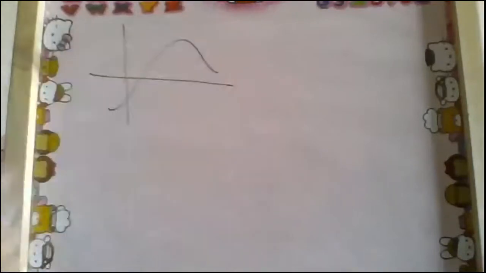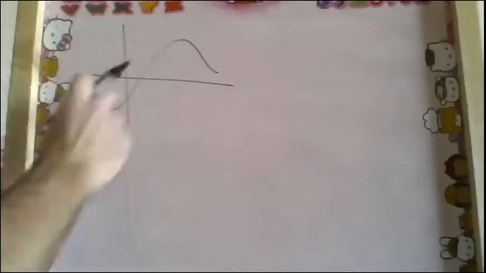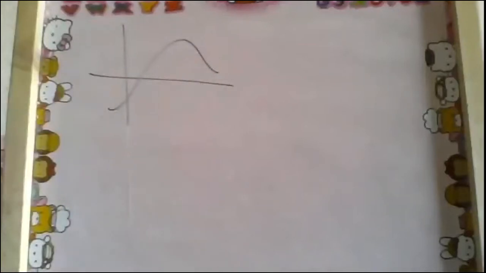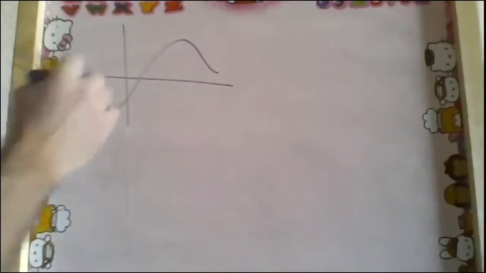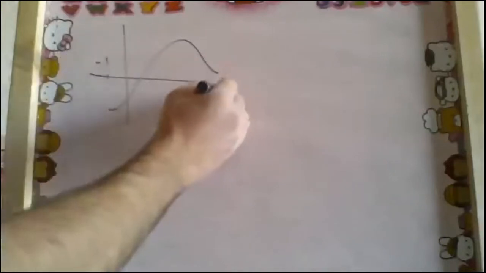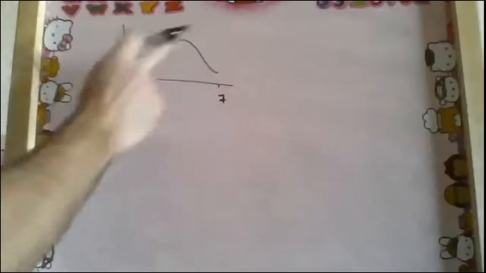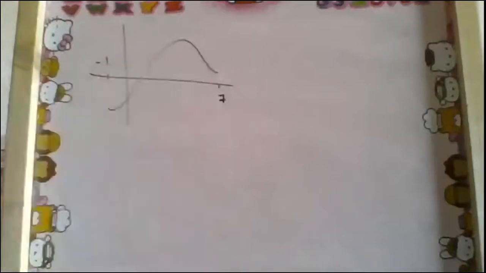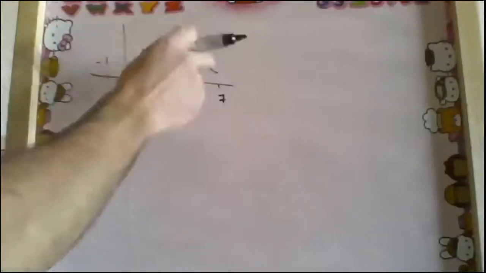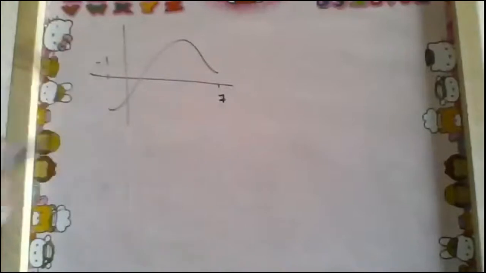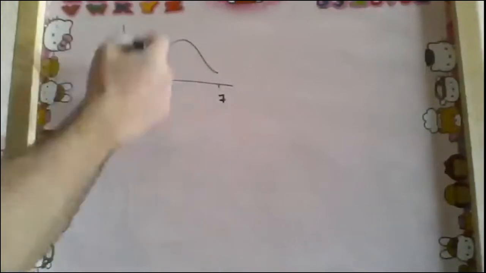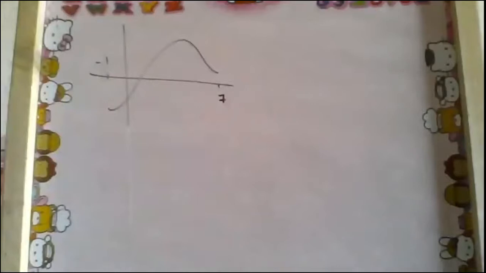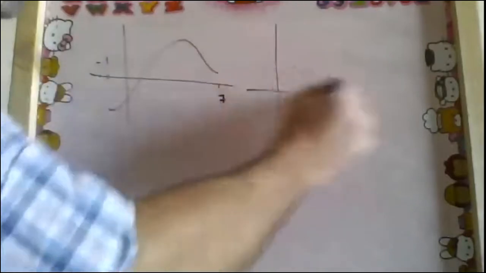This graph of a certain function is not two or three pieces, but one piece. Is it continuous here? Yes, continuous. Let's say the interval here is -1 to 7. The function is continuous on the interval -1 to 7. We don't have any interruption in the curve or in the graph. But for example, if you consider this,